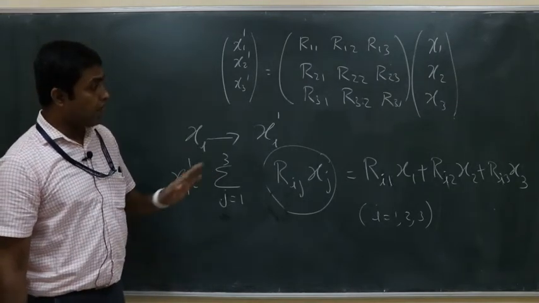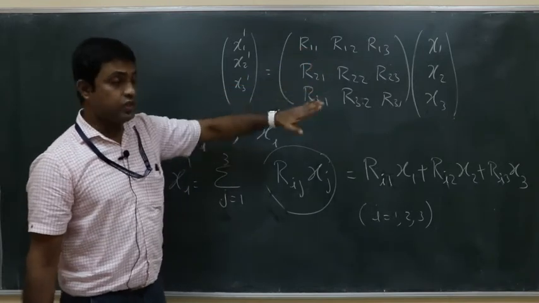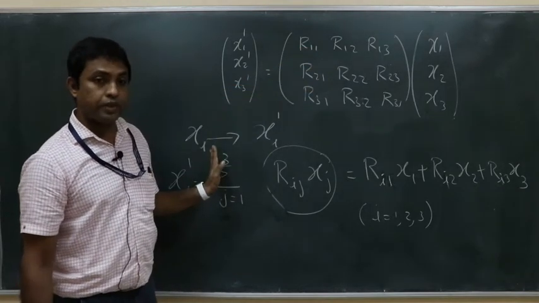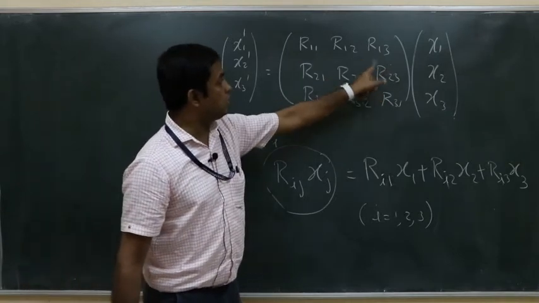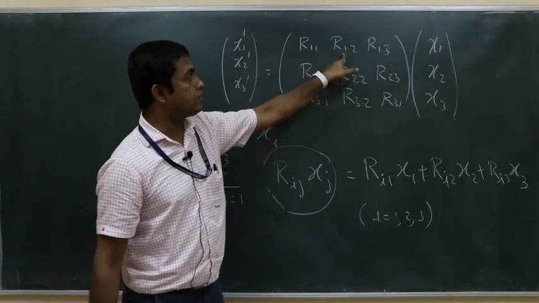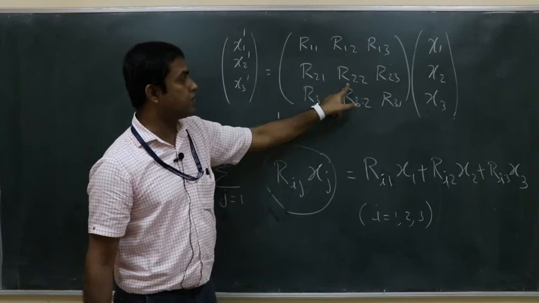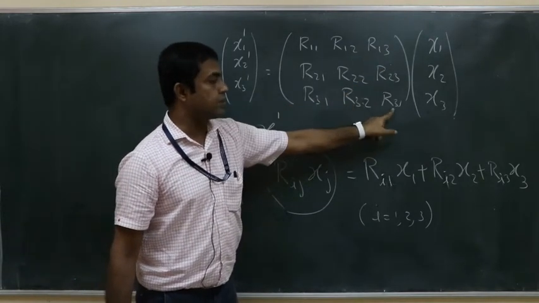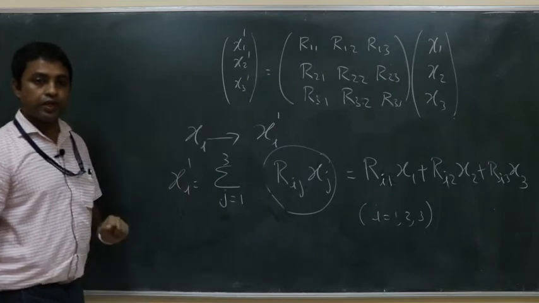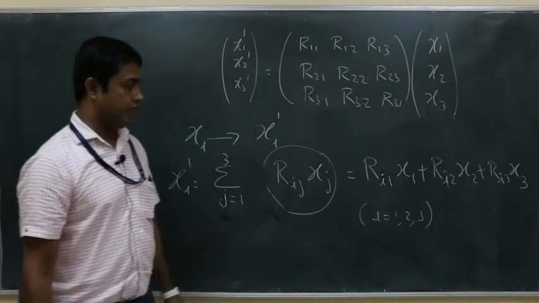Okay, so now this matrix, in the case of a rotation about a two-dimensional plane in the XY plane, you know that this term goes to cos alpha, this one is sin alpha, this is minus sin alpha, this is cos alpha, and these four terms are 0, and this term is 1. So that already you know. The general thing we'll learn later on.